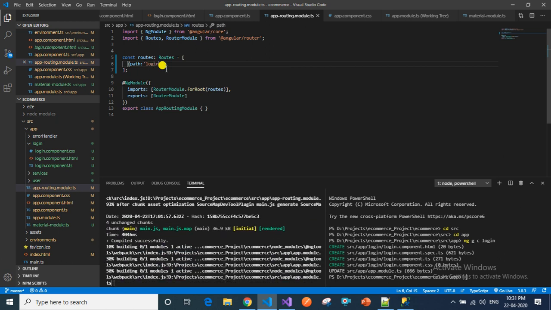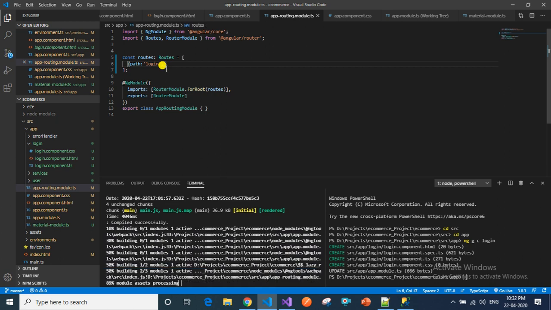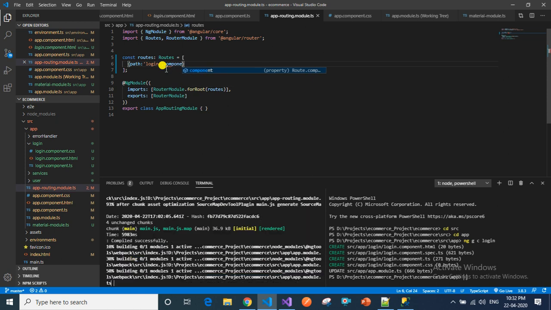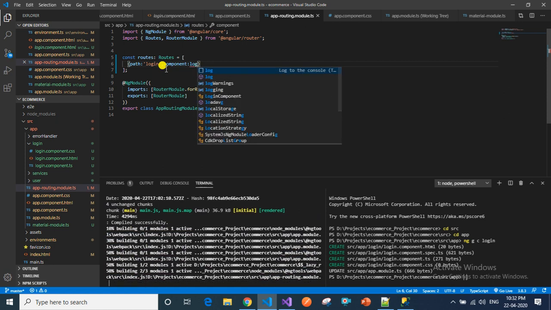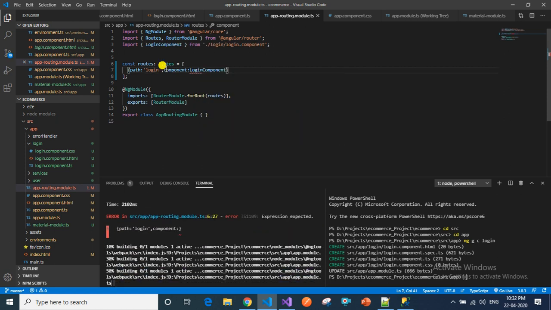For path, I am going to give login. If the path is login, then we have to go to the component named login. It gets automatically imported like this.